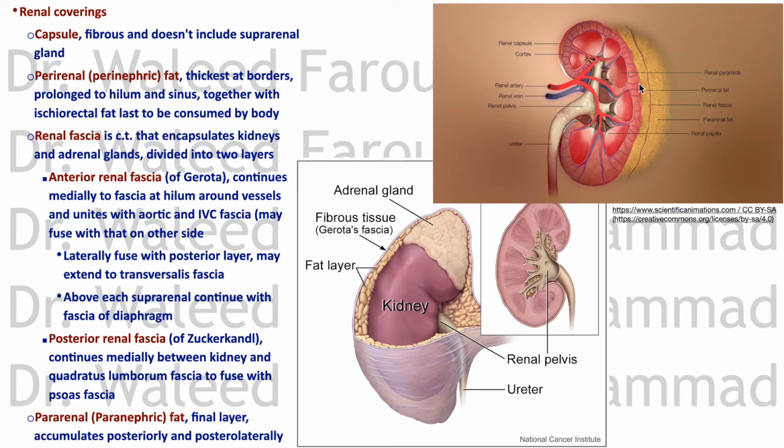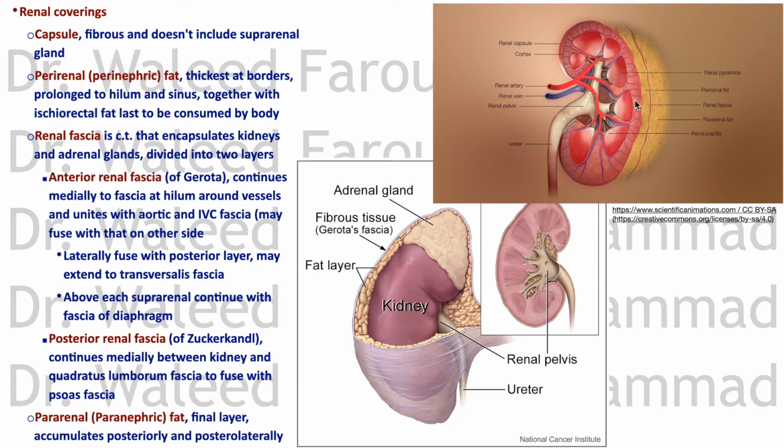And laterally it fuses with the posterior layer and may extend to the transversalis fascia, and above it's continuous with the diaphragmatic fascia, or with the fascia lining the diaphragm. By the way, at the lower part, it may be deficient. The lower pole of the kidney with its perinephric fat may protrude from it, but it's usually complete. The posterior renal fascia, called the Zuckerkandl fascia,